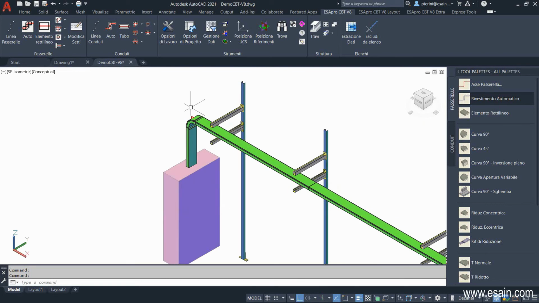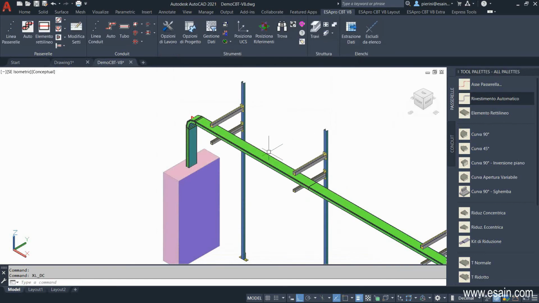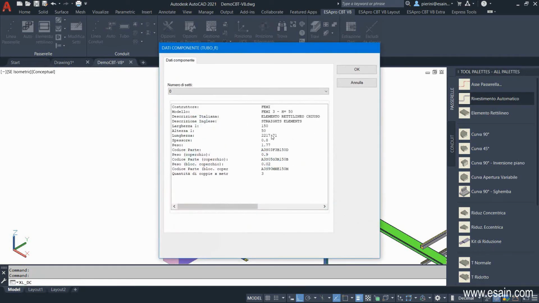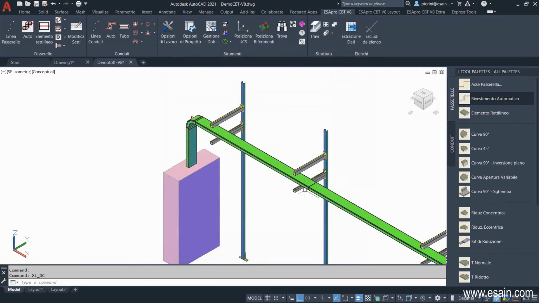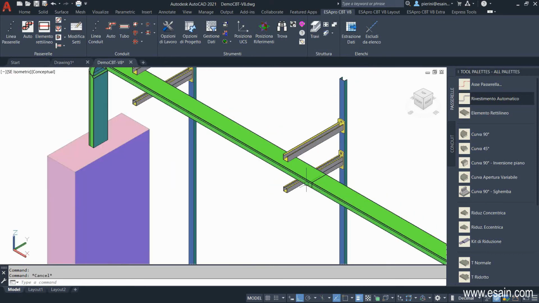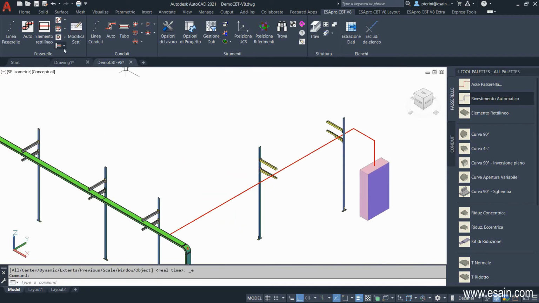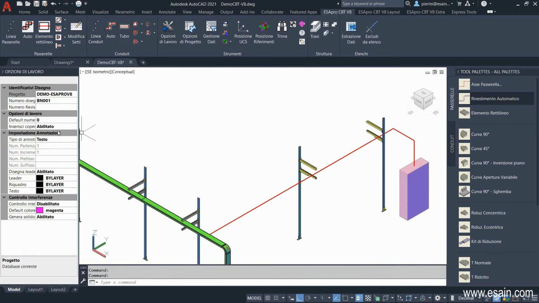If we go to the end of our line, we see that this straight element is 3 meters long, while the next piece will be a bit shorter, in this case 2.2 meters. Between one piece and another, joints are calculated, which are non-graphical objects, but are still counted in the bill of materials. Now let's go dress the branch that leads to the secondary panel.